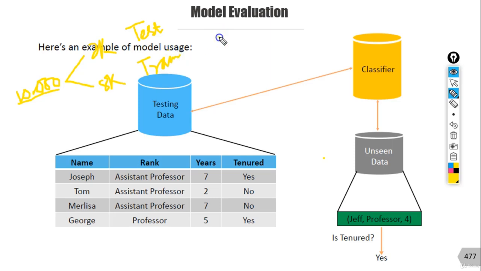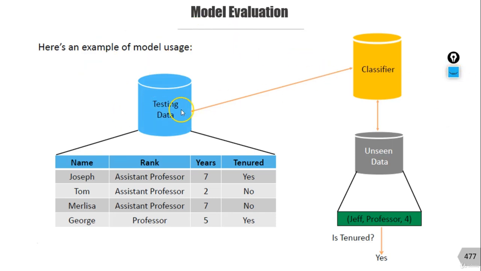Now you train your model with these 8,000 records. You would train your model, and then test on top of these 2K records, which are unseen. I haven't trained my model with this test data set, so that I can really understand how my model is performing on unseen data, on a test data set. Then I would test my model with this test data set and see what the accuracy is for each of those algorithms. With the same concept,